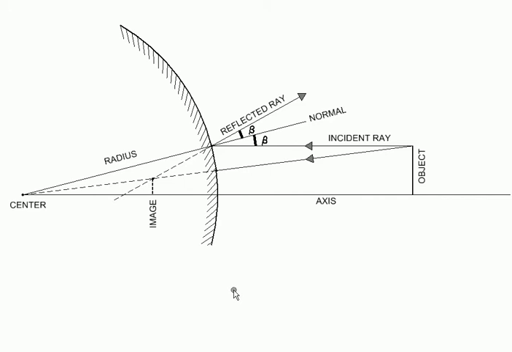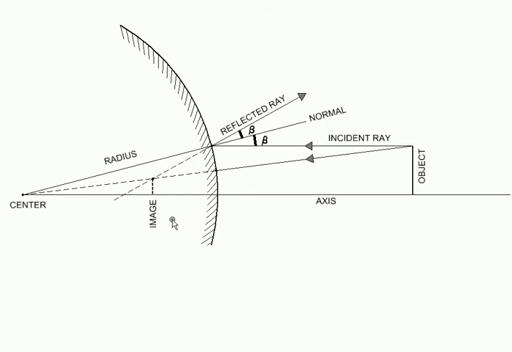You can observe several things from it. Number one, the image is inside the mirror. Now mind you, I'm not saying behind the mirror. If you go behind the mirror, you will find nothing. But it is inside the mirror and no one can reach there. So we can't put a screen and take this image on that screen. So this is a virtual image, not a real image that you can catch, but a virtual one. Number two, it is smaller than the object. So we say it is a diminished image. Number three, the image is upright. Say the object is a tree standing on this axis. So will be the image. So it is an upright image and not an inverted, upside down image.